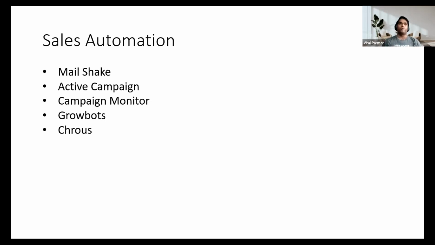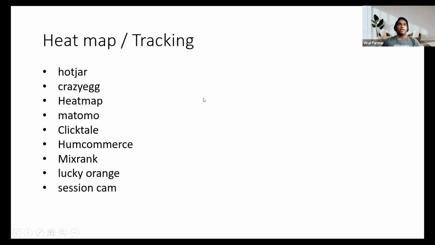You guys can use these tools, GrowBots, Chorus, and ActiveCampaign. So you are not just interacting with customers, but also trying to come into revenues and sales, right? So for that particular purpose, it is very easy to manage sales with sales automation tools, to manage the whole campaigns and see the kind of impact that you are creating on the market. So these are a few tools that you guys might try.